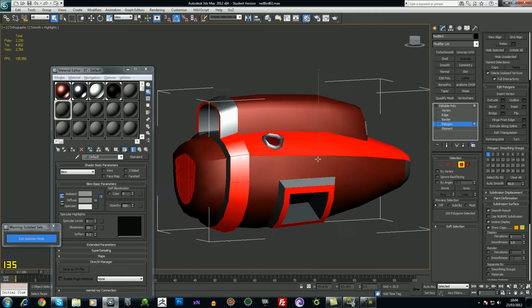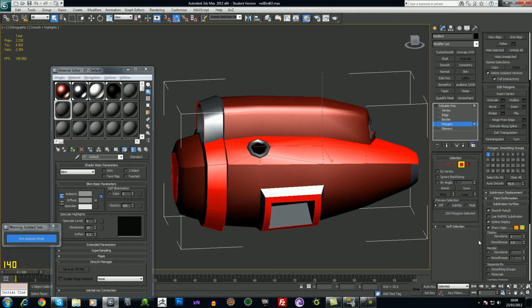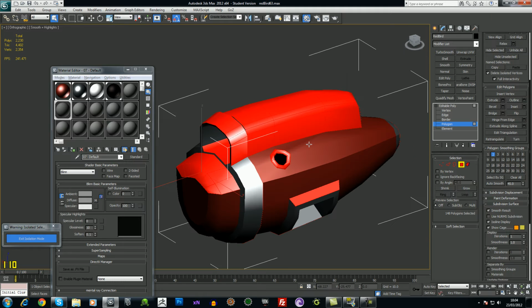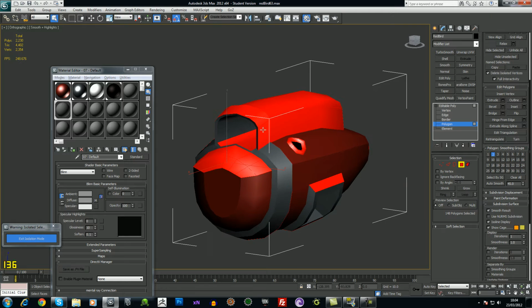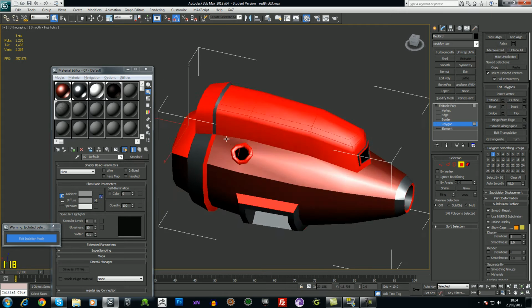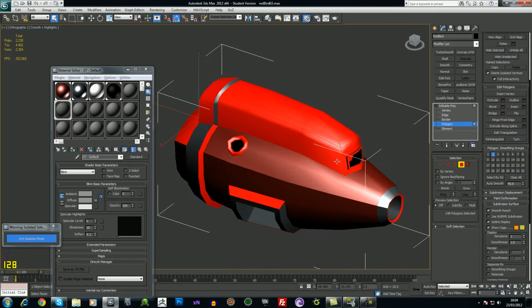Those are all using roughly the same smoothing group angle, 45 degrees, and they're separated. And choose 2. That's using maybe 45 degrees as well, but it's separated. You can see how they kind of alternate. That way I get hard edges,